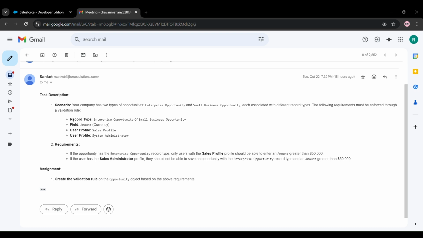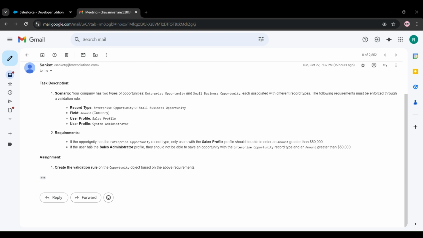So these record types I have to create. Then amount, this is a standard field which is available on the opportunity object. Then I have to create two users. By default system administrator is available, and I have to create a sales profile user. So the requirement is, if the opportunity has the enterprise opportunity record type, means if a user is trying to create enterprise opportunity record type